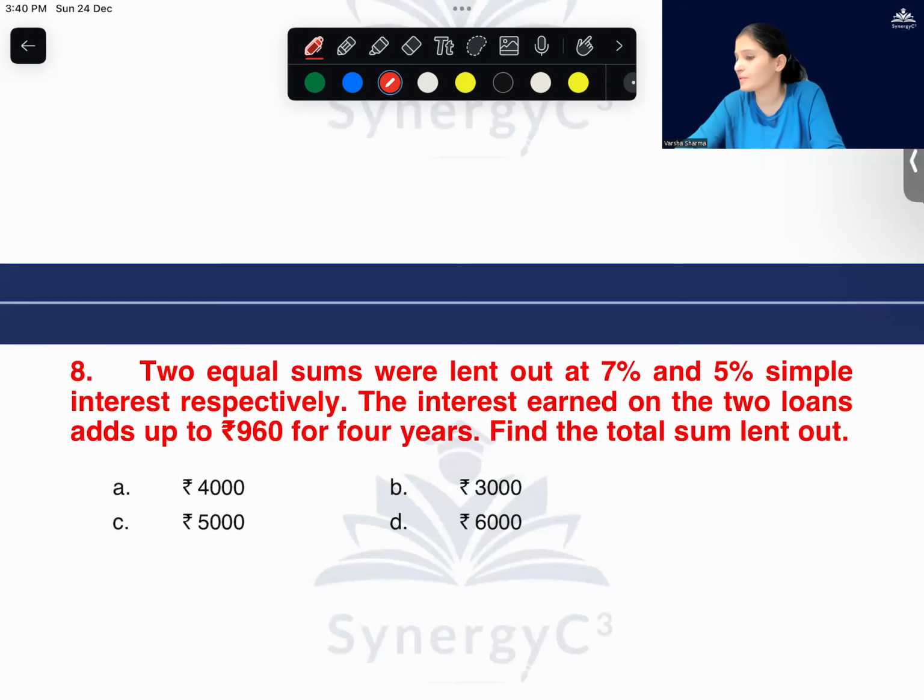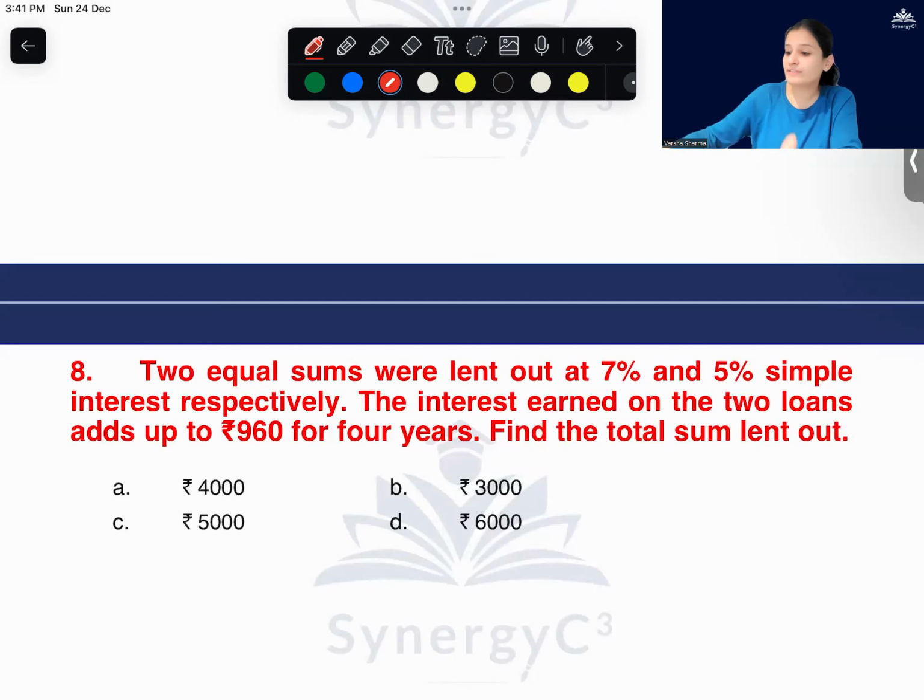Otherwise, move to the second option. So 4,000, that is half 2,000, at 7% for 4 years. The interest is 560. Save this in M plus, then calculate it again for 2,000 at 5% for 4 years. 400. And now if you add the two, how much do you get? 960. The total interest is 960, which was given in the question. That means that A is the correct option. Not necessarily, but in this case, you have got A as the correct option.